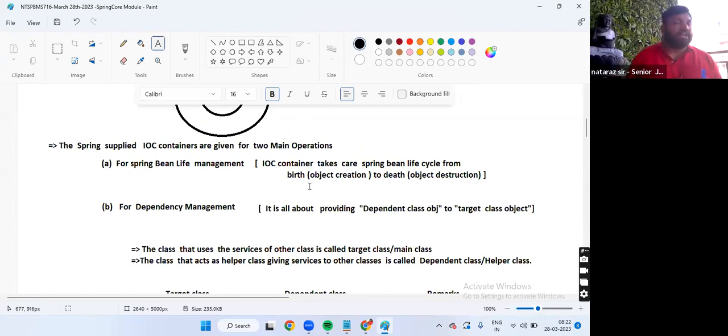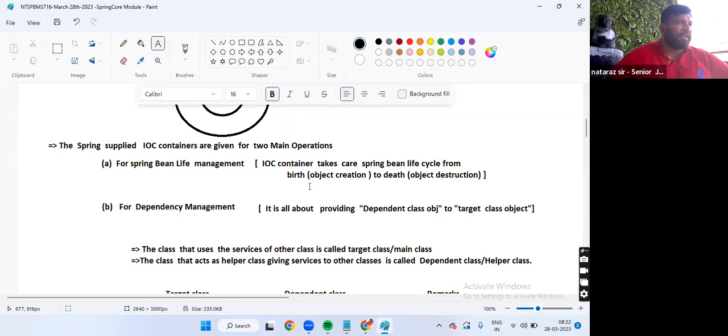Two operations. What are those? One is for Spring Bean lifecycle management. Another one is for dependency management.